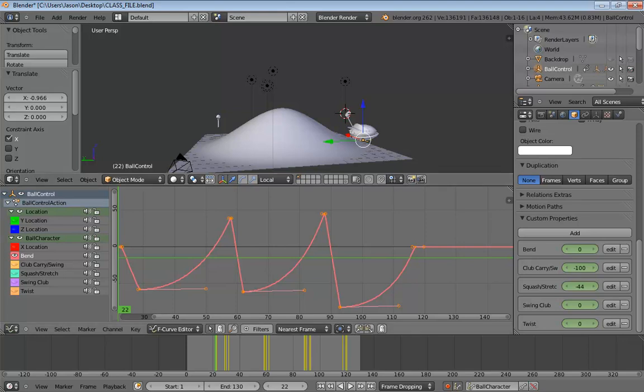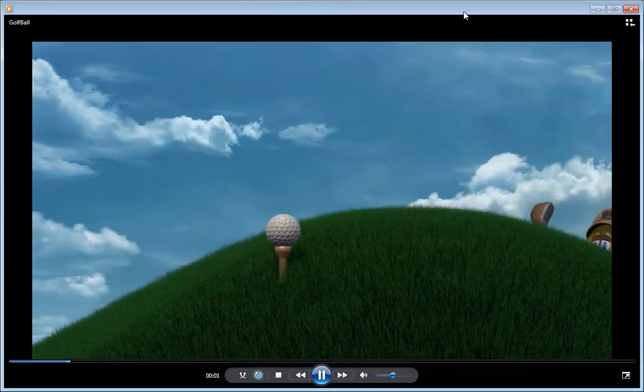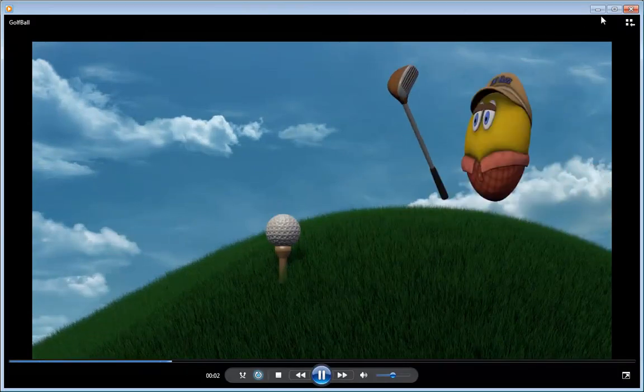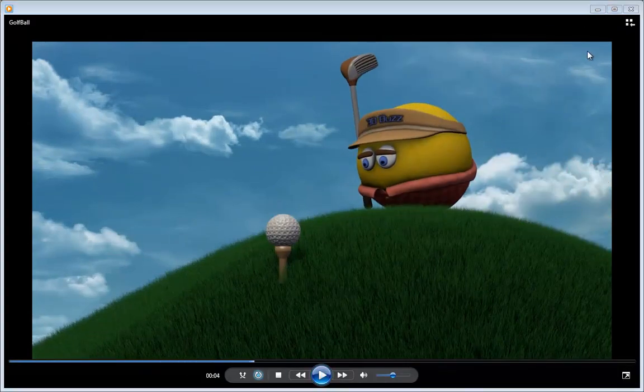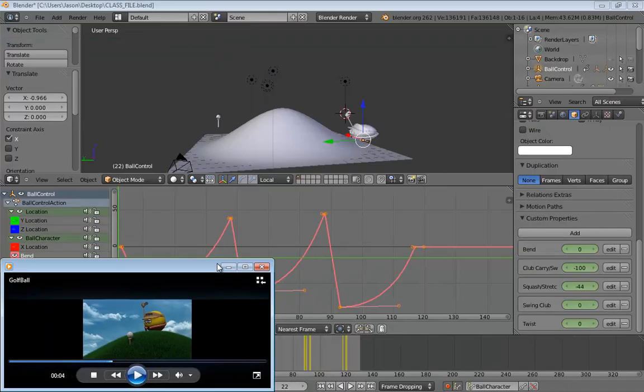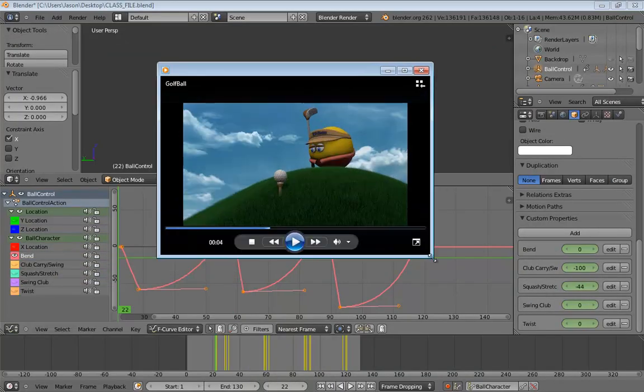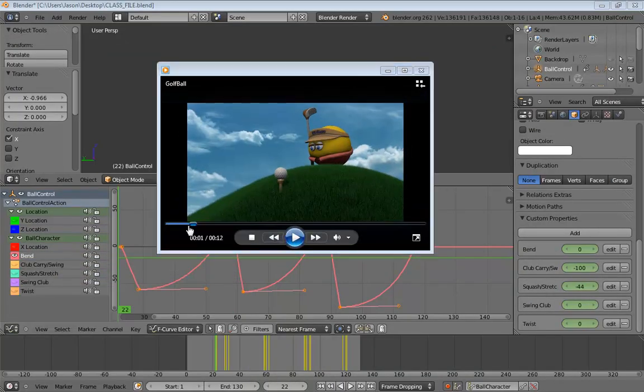So let's talk about what you guys are responsible for in your assignment. Basically, you're going to be responsible for this motion. And I realize, again, everybody's frame rate probably just hit the toilet, so let me get something a little smaller here. You've already got this part. It's done. He gets all the way up to the top of the hill.